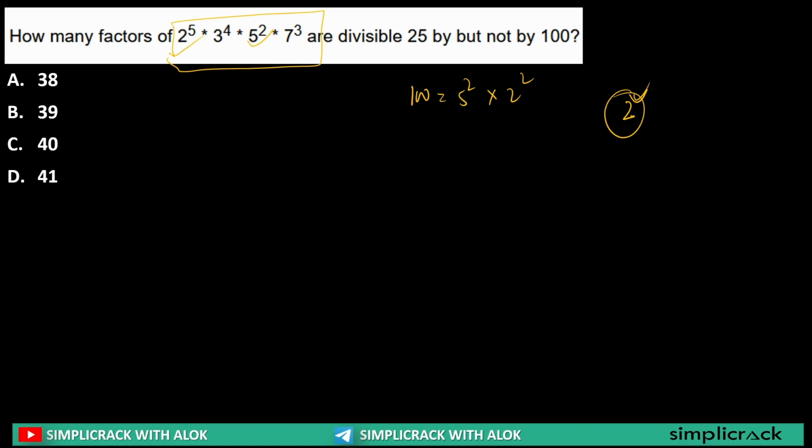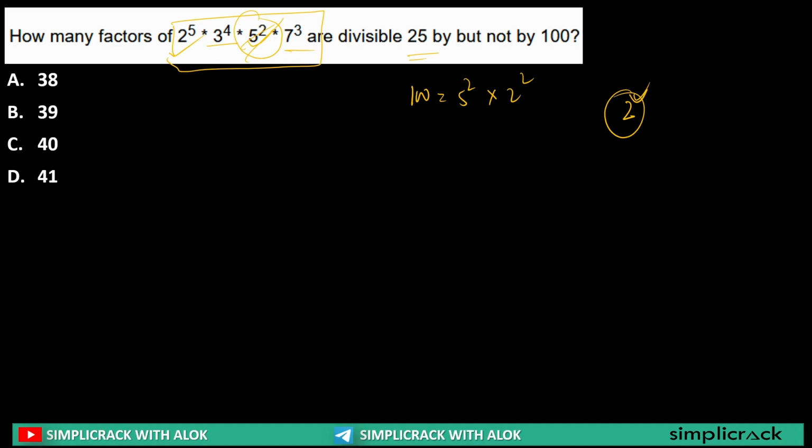5 is available, 2 is available. So I can't take out both 2 and 5, because if I take out 2 and 5, it will be divided by 100. So I should not take out 2 and 5. I should be taking out 5 only. So now if I take out 5, because it is divisible by 25, what will be remaining? 3 to the power 4, 7 to the power 3, and